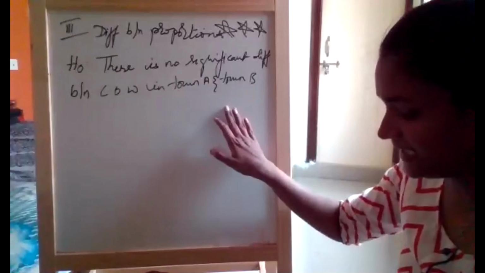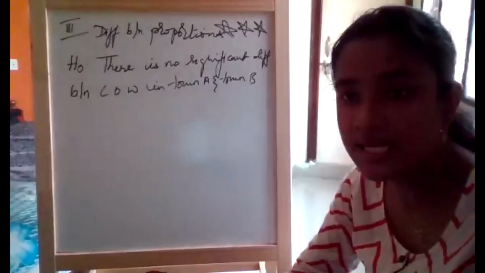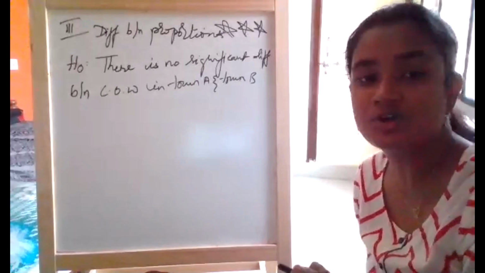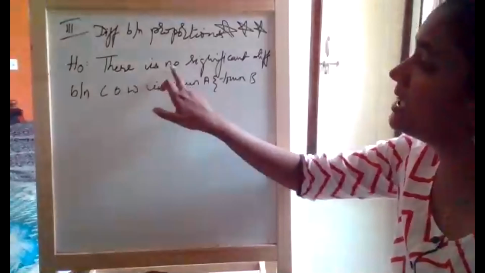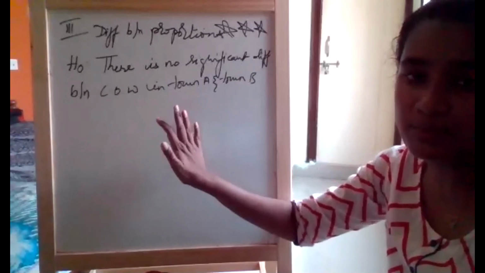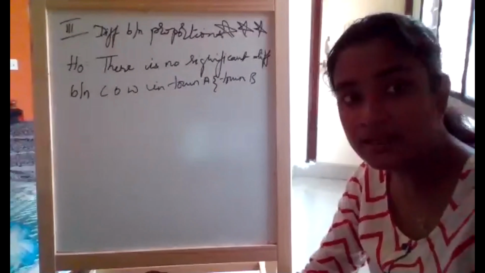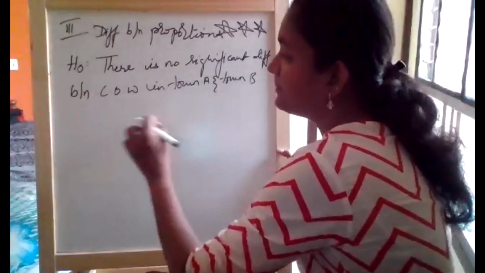Okay, so now we'll go directly. In this, we will not be taking any assumed value, because in the difference there is only the success of first sample minus success of second sample. So there is no assumed value when there are two samples, and obviously no need to derive any value from the null hypothesis. My null hypothesis ends here. Am I clear in that? Yes, ma'am. Now I will go to the next part.